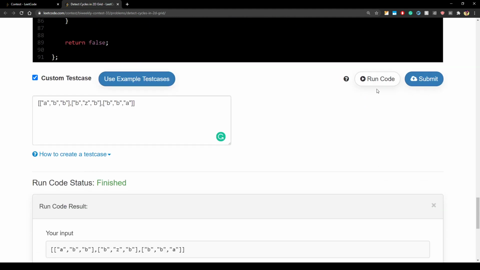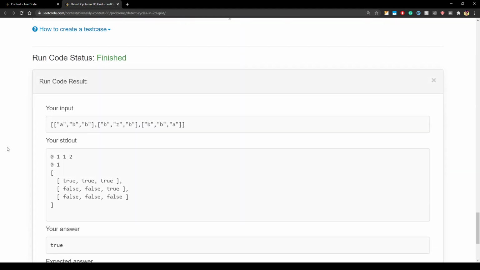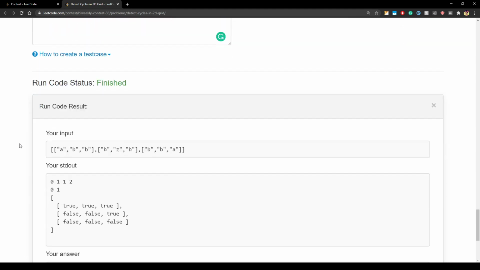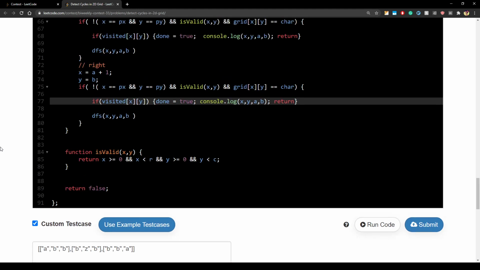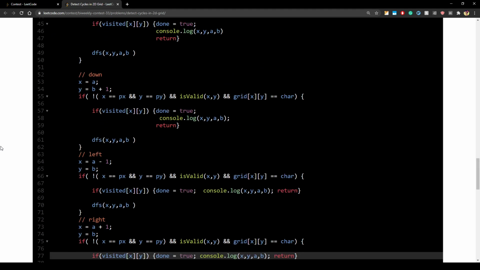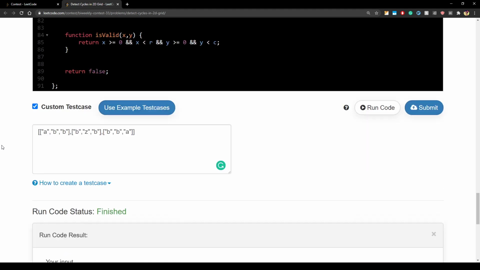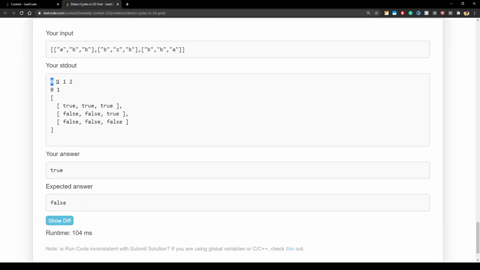Let's see. So it is 0, 1, then 1, 2. So a comma b is 1, 2. Okay. Cool. So we are starting from 0, 1, and we are at 1, 2. Oh.